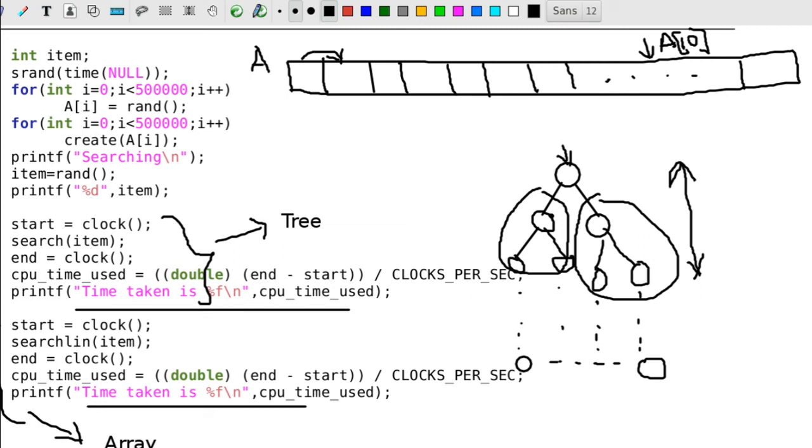Next we will be seeing the case with about 5 lakh elements. So we will be checking the 5 lakh element.